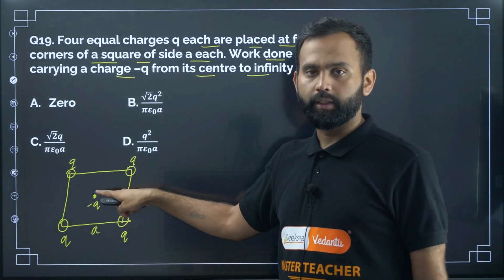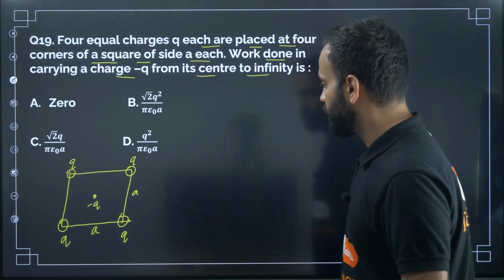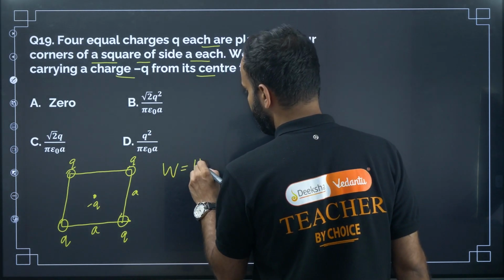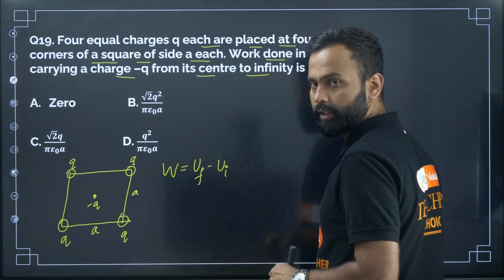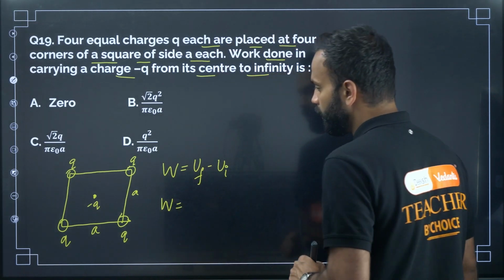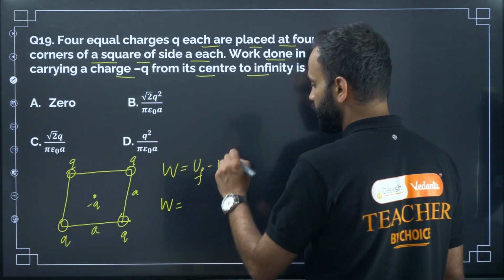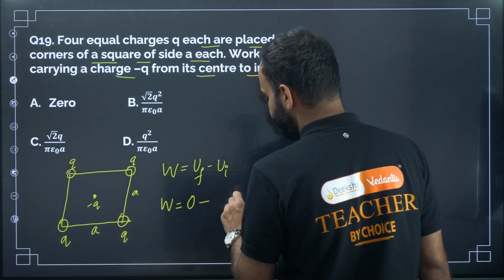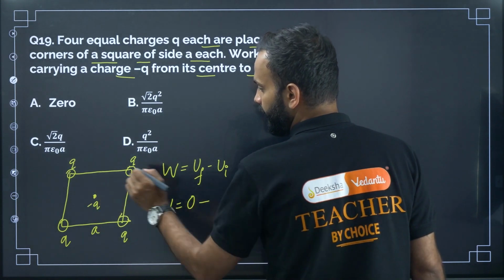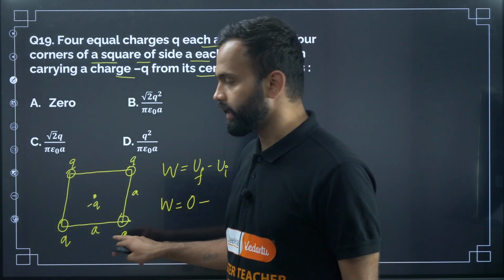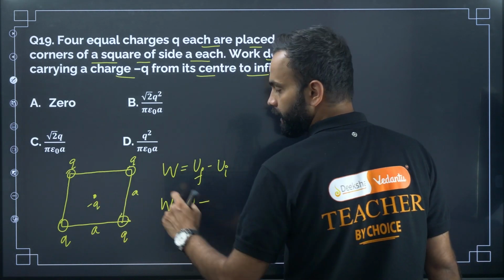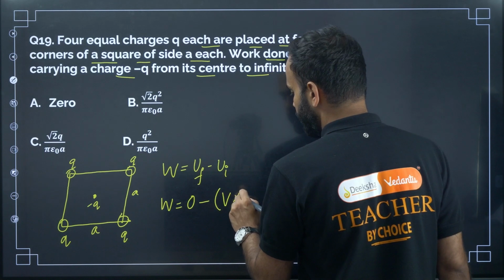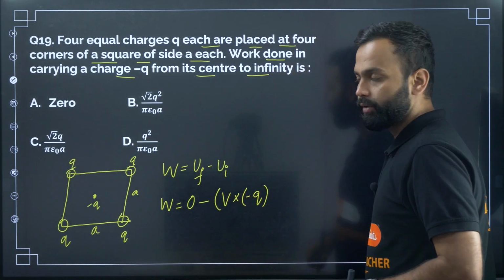So find the potential energy of the minus Q at the center of the charge, then take the difference, right? So work done is equal to change in potential energy, that is final potential energy minus initial potential energy, right? So now work done is equal to final potential energy, that is potential energy at infinity, 0, minus initial potential energy, that is potential at the center of the square due to 4 charges, right? Potential at the center of the square due to 4 charges, okay, V into minus Q,